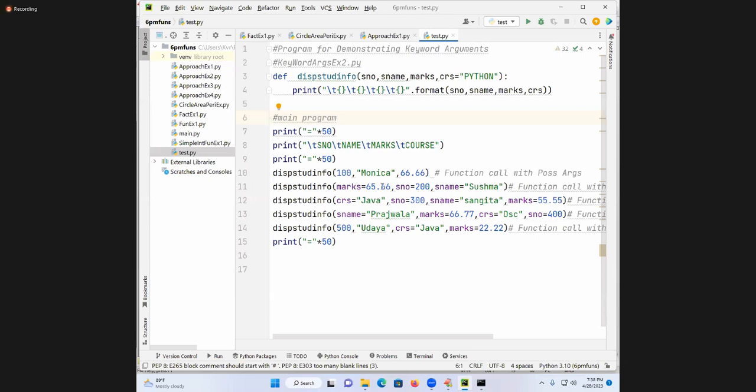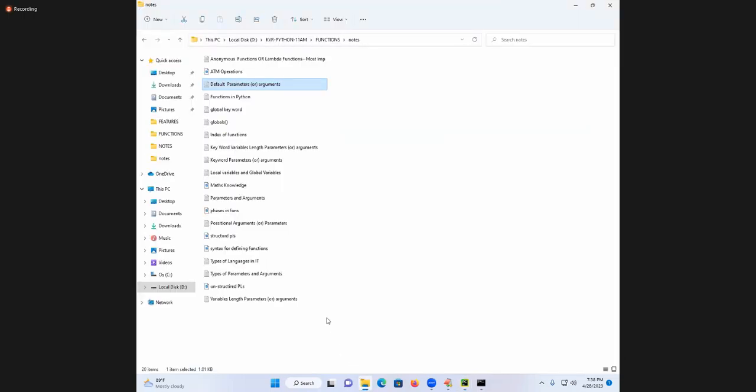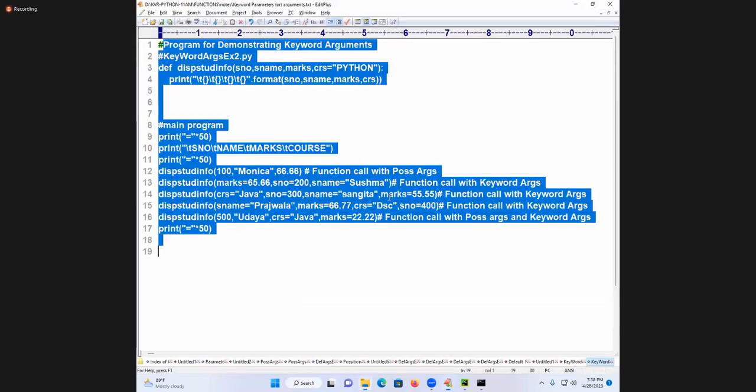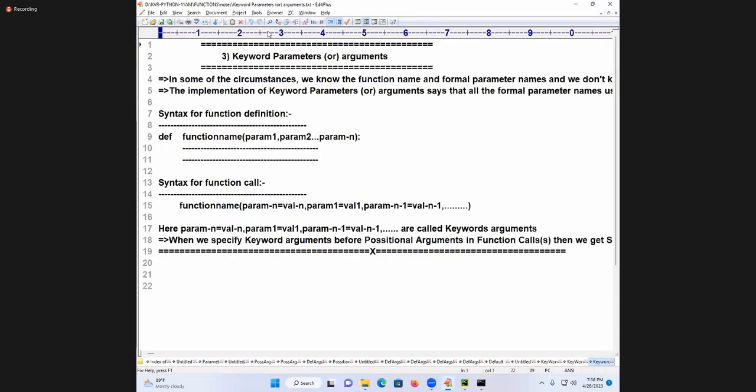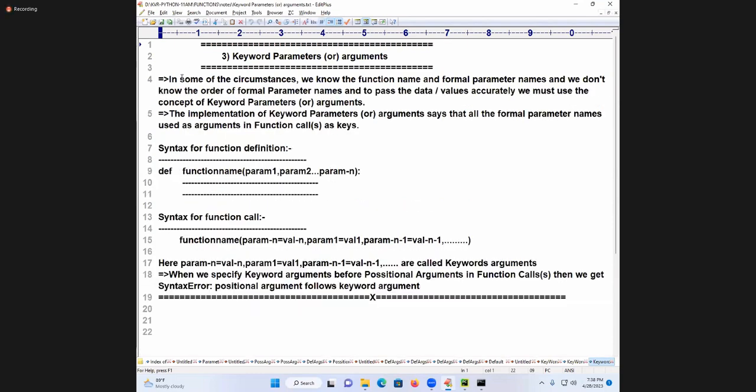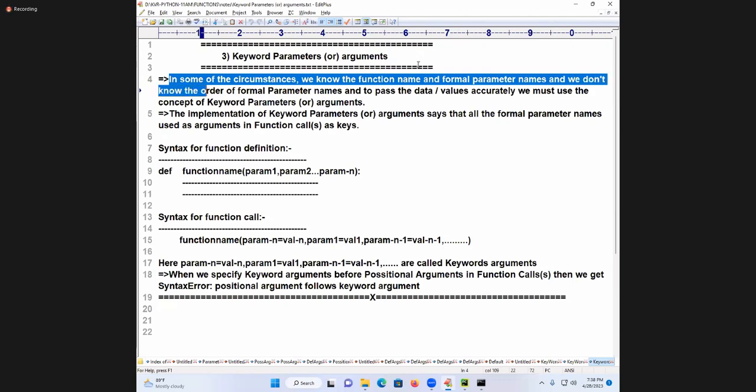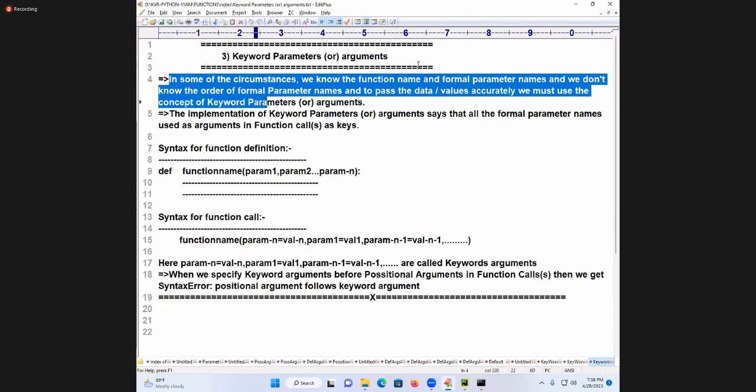So are you following? Shall I show you the keyword arguments concept? Now see all of you. Keyword arguments. Read out. In some circumstances, we know the function name and formal parameter names and don't know the order of formal parameter names. To pass the data or values accurately, we must use the concept of keyword parameters or arguments.